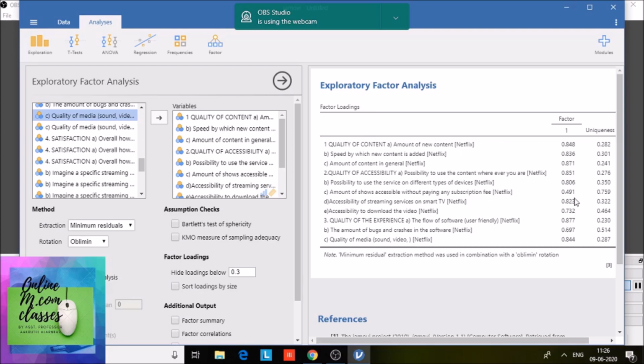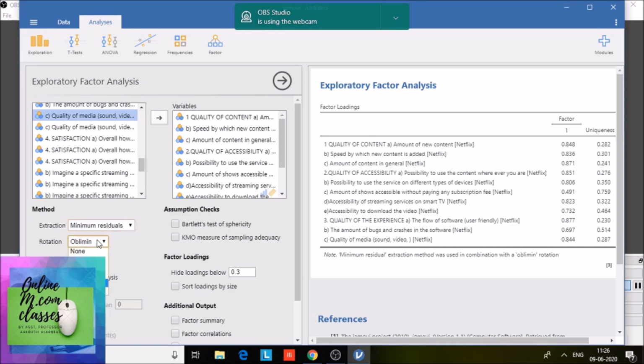Now the remaining factors we won't add because that is related to satisfaction, that is a different component. So now we have all the factors and all the factors are loaded under just one factor. So we can name this factor as Netflix because all these factors are related to Netflix. So that is sorted.